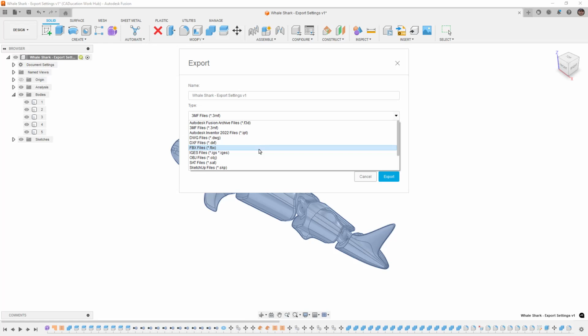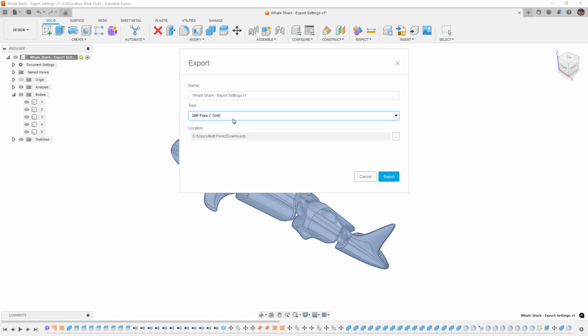But when we're exporting from a design, you're really not getting very much else out of the 3MF, at least in terms of what it was intended for. 3MF is meant to carry along 3D printer settings, material settings, things like that. But if we don't have any of that saved in our design, then you're likely not carrying much more information than, say, an OBJ. We're not going to get deep into all these different file types, but just note that